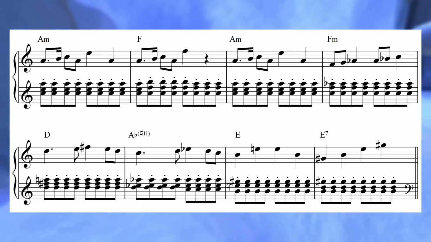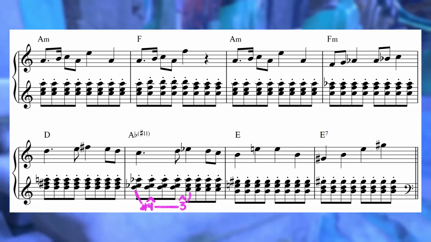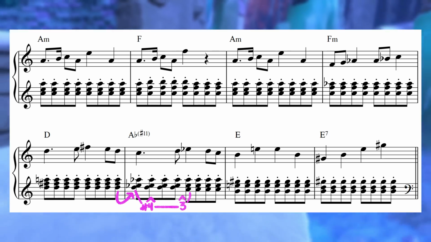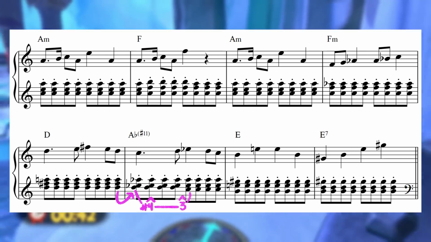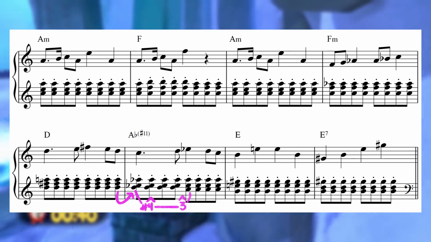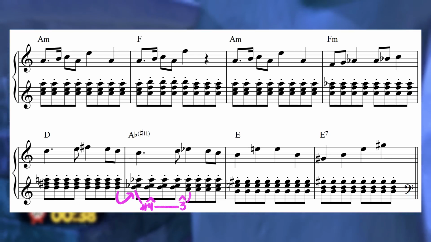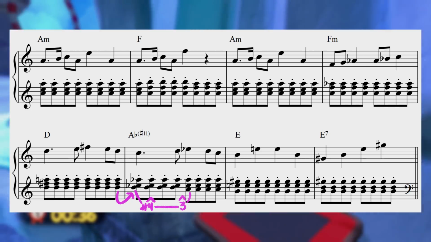I especially love that sustained sharp 4th over the A-flat chord, the D note held over from the previous bar that resolves down to the 3rd of the chord, C. Besides just sounding dope, this kind of thing sounds to my ears a little more mature than what you would typically find on the Banjo-Kazooie soundtrack.